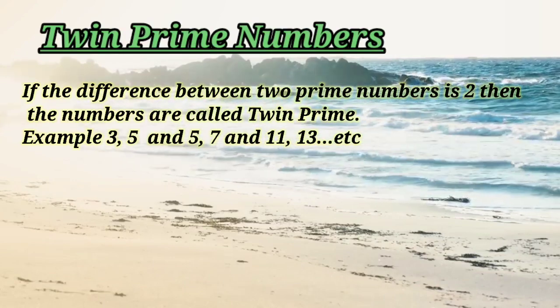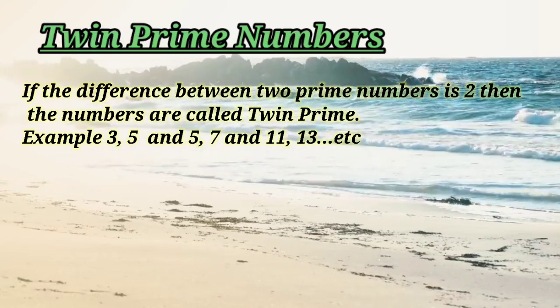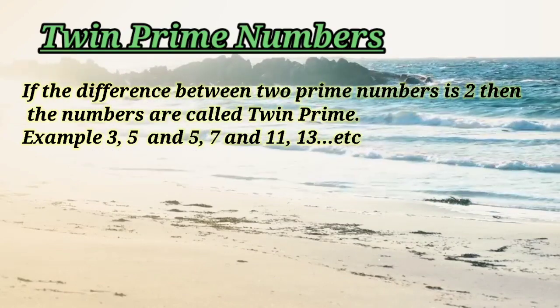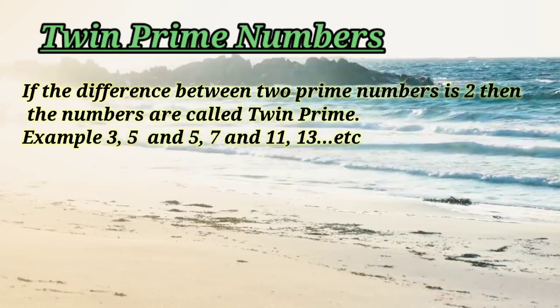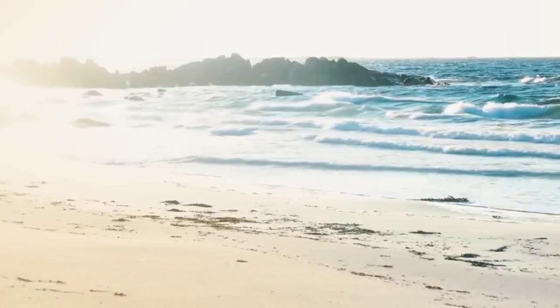When you subtract 3 from 5, you get 2. 7 minus 5, you get 2. 13 minus 11, then also 2 will come. So now the next topic is